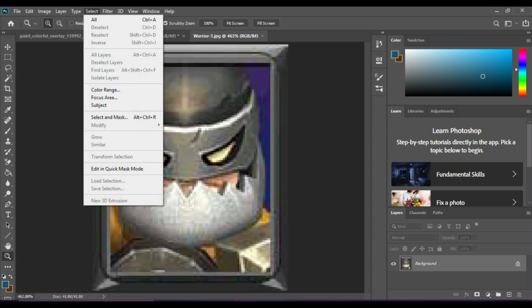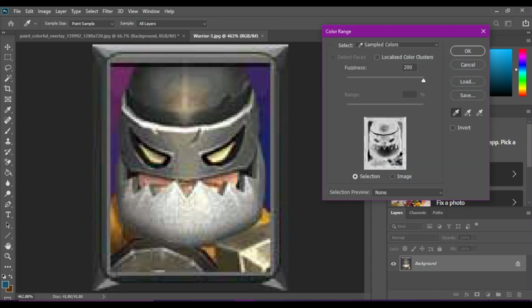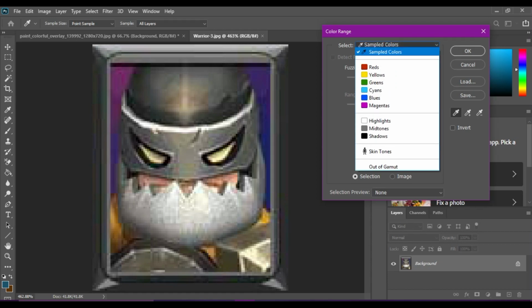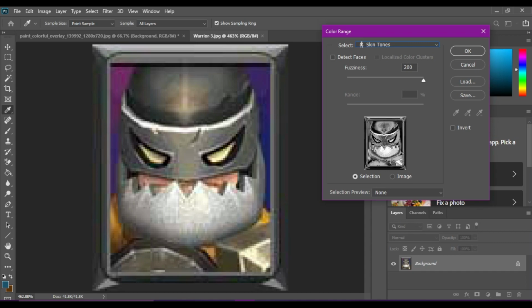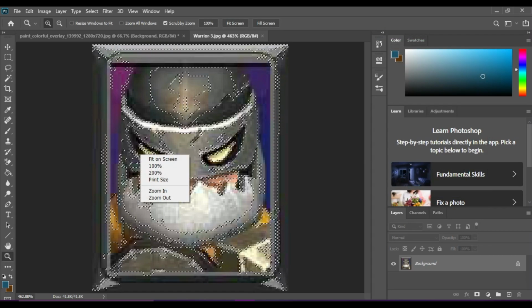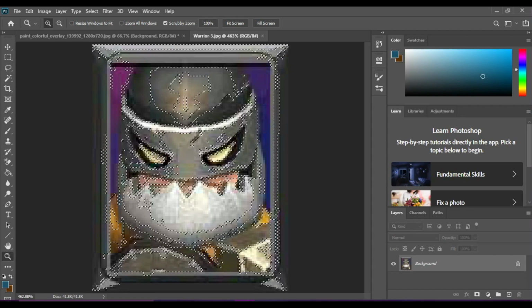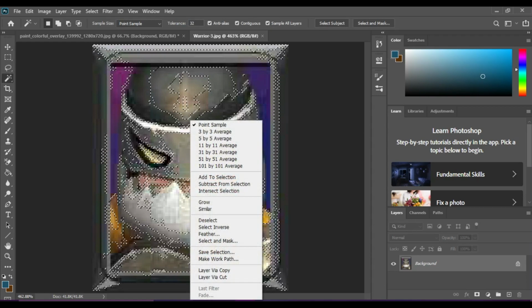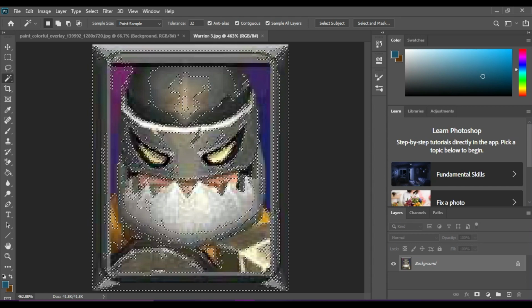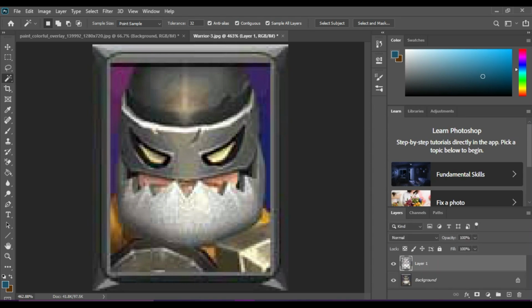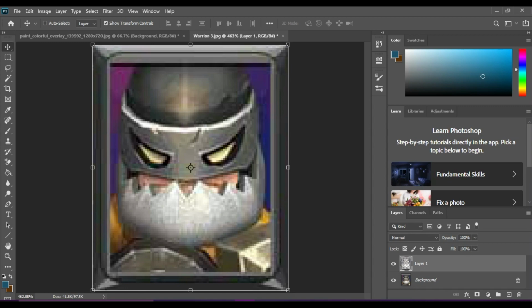Now if you go to select, colour range. Now if say you just want to get the face but you're struggling because of all the colours around it. If you actually go to skin tones, detect faces, I like to put the fuzziness fully up. I press OK. I right click. Now how I found it, press on magic wand actually. Now you right click, select inverse, Control C, Control V. This does not always work,